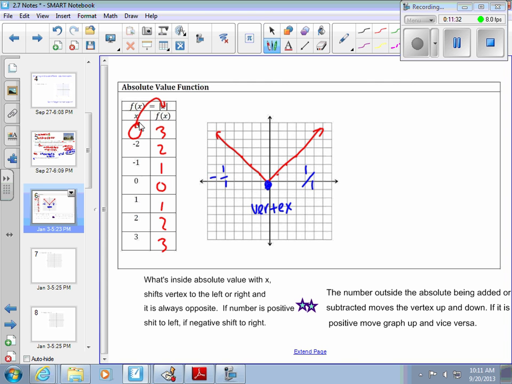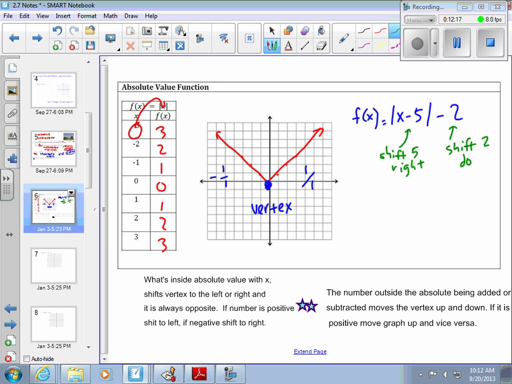So as an example, let's say we have the absolute value function, f of x equals absolute value of x minus 5, minus 2. What is that graph going to look like? Well, it should be the same shape as this one. We should have the same V shape. The vertex is going to be moved though. What are these doing? This would shift it left or right. And we said if it's inside, it's opposite. So if it's negative, it's actually going to shift 5 to the right. Outside, up is positive, down is negative. So this would shift it